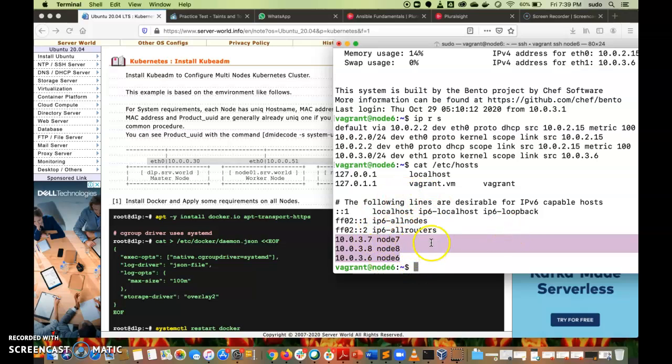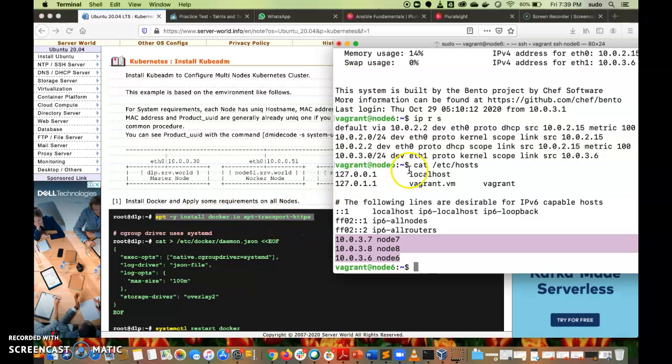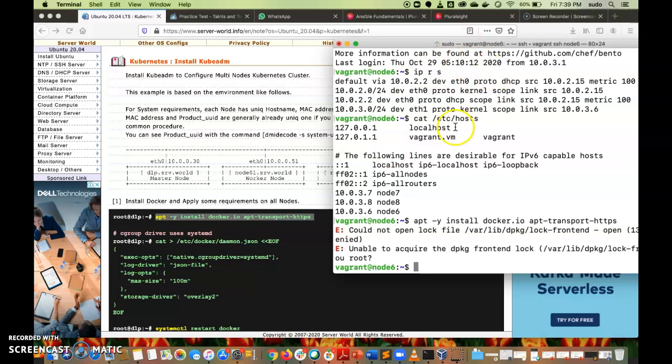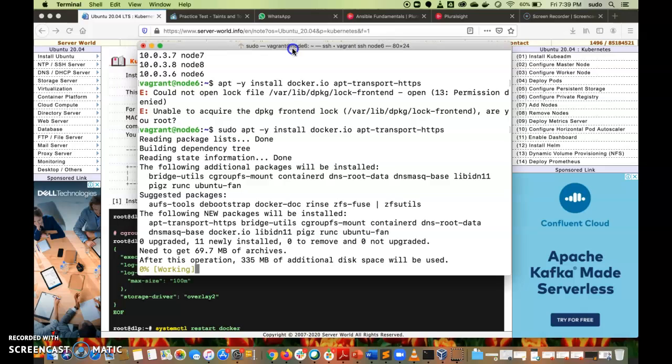with the respective IPs of all Kubernetes hosts. First of all, I'm going to use apt -y install docker.io, and then using apt I'm going to install docker.io and apt-transport-https. Let's see if it is there already. So I need to use sudo because I'm using vagrant as a user,